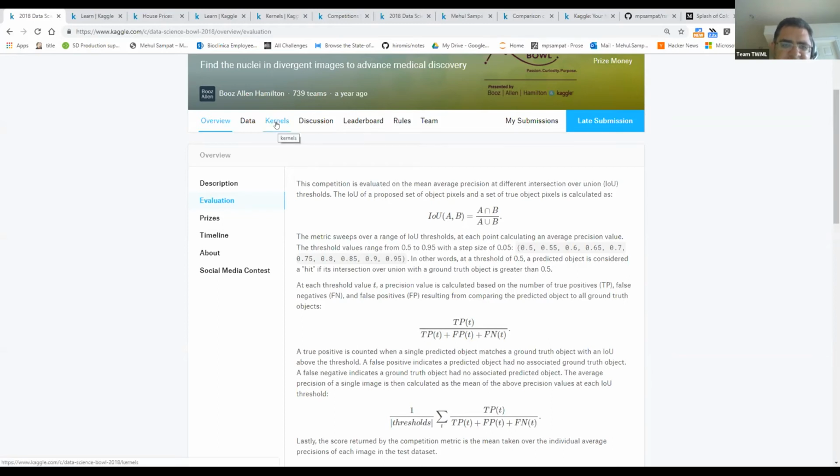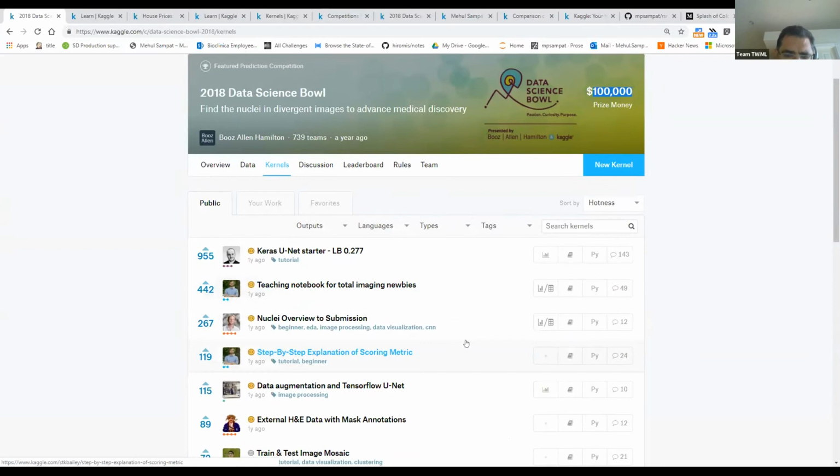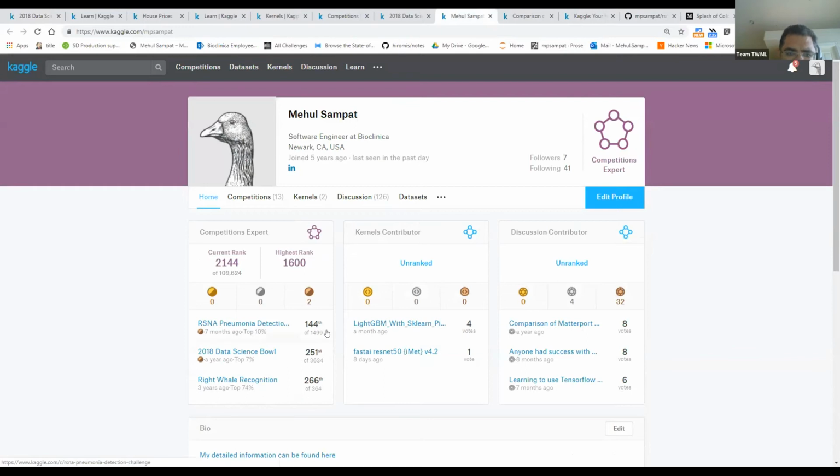So one thing I started noticing is that people make really good kernels and share them. There are two reasons. One is, as I told you, there is prize money, but there is also, in Kaggle, three categories: competitions expert, kernels expert, and discussion expert. Let me see if my profile is open. So when you just sign up for Kaggle, you will get into three categories. See, for example, for me currently, I'm a discussion contributor, a kernels contributor, and